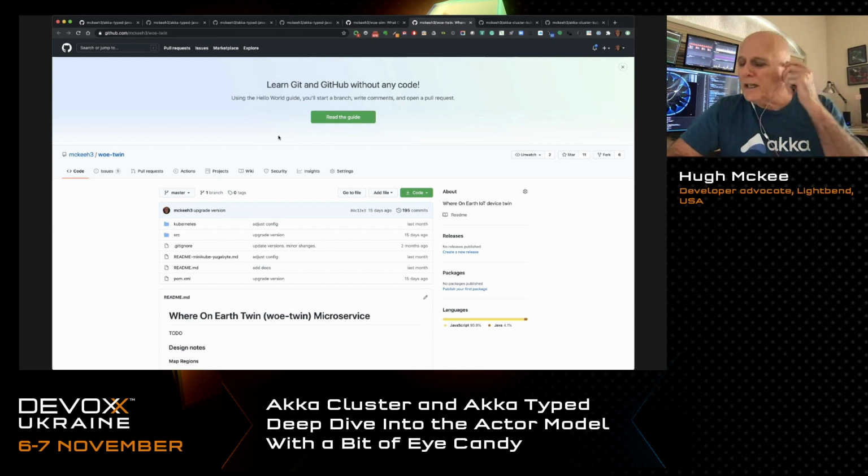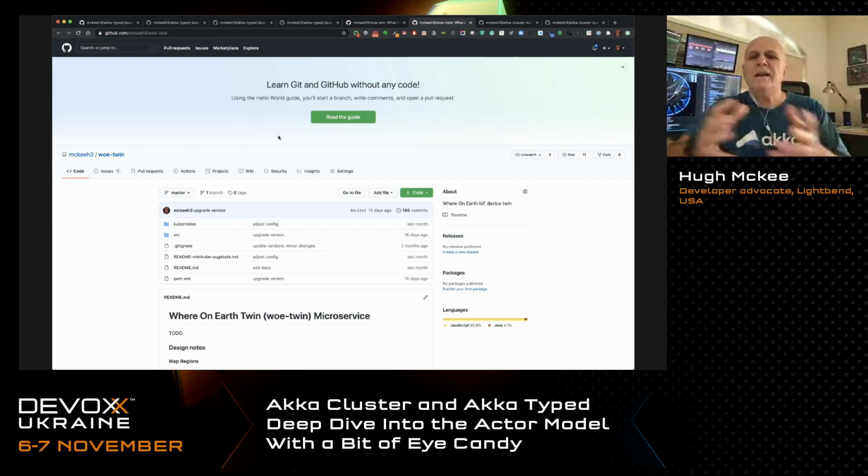The reason I call it a twin is there are some folks at Tesla doing some really cool work with Akka and IoT, and they coined the term digital twin. And I just love that term. The way they explained it was, you have a physical device, an IoT device, say a battery, like a Tesla battery. In the real world, on the back end systems, there's one or more digital twin devices. It has a state about that battery in the back end system. So it's a twin. So I just use that term, twins. So back in the map,